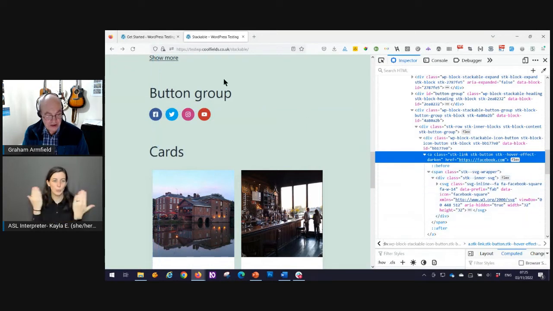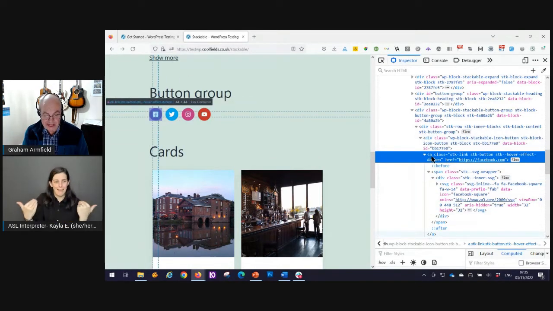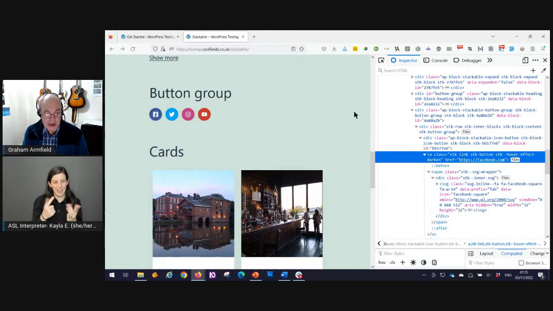So a screen reader user will know that there's a link there because the screen reader will recognize the A tag, but there is nothing meaningful inside that link to tell screen reader users what it's for. So that is a completely useless block from an accessibility perspective, and it's not really good for keyboard users, and it certainly isn't good for screen reader users either.